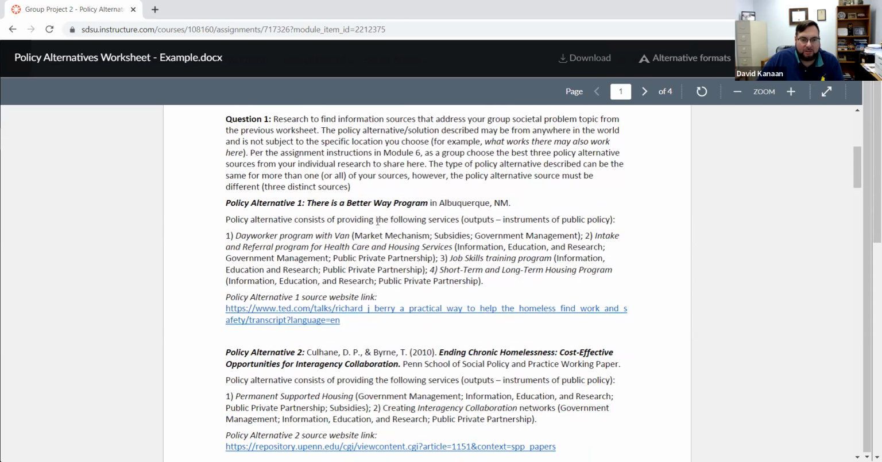Each member is going to find an article on a policy alternative. And again, that's the lingo the text uses. Policy alternative is a policy solution. So this is something that's being done somewhere. And a policy alternative can be 1 or 2 or 3 or 8 components. But for example, policy alternative 1, there's a Better Way program. We all watched the video